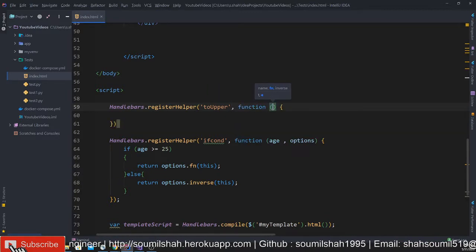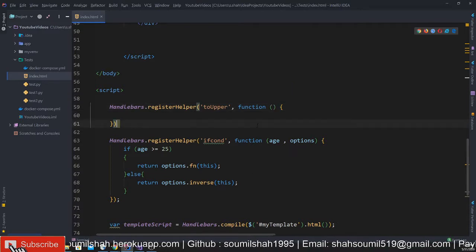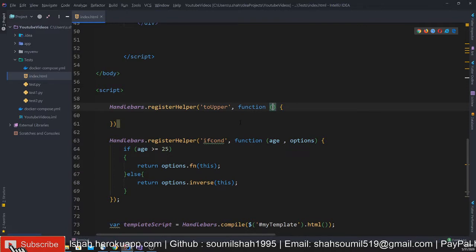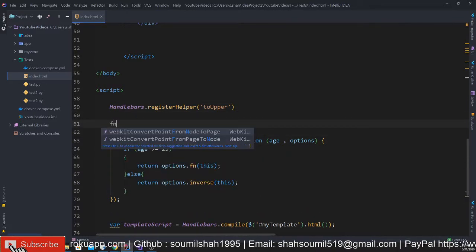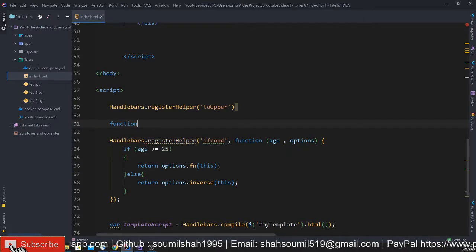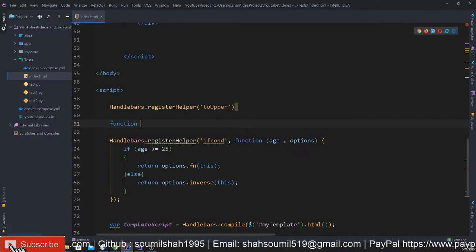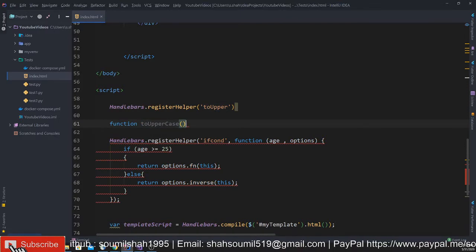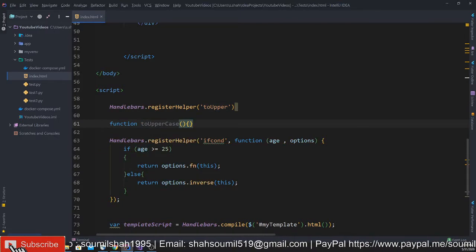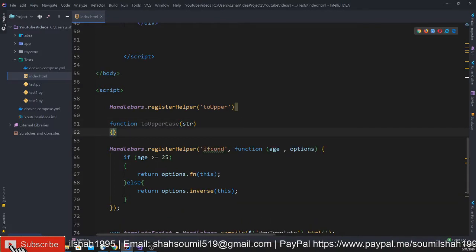The function takes two attributes. Remember, the first attribute is usually, or you know what? Here, let me write a separate function and then call that function. That would be much easier. So function, right? And I'm going to say toUpperCase. Whenever anyone calls this function, and of course the data is passed to this, I want to transform it.